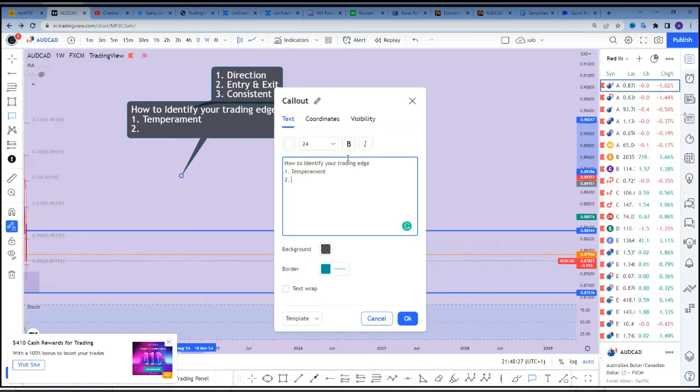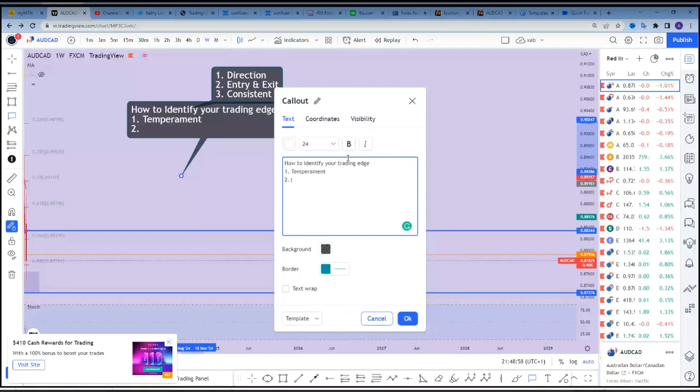If you are naturally not a very patient person, it will be a waste of time for you to try to be trading as a swing trader. If you're not very patient, then it means that swing trading strategies may most likely not work for you, because you will not have the patience to wait for it to play out the way it is supposed to. That's the first thing.